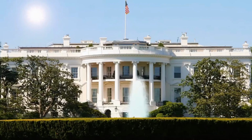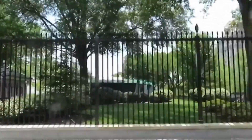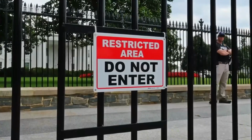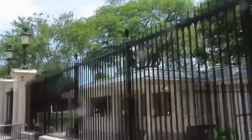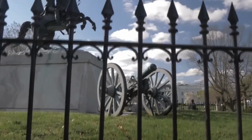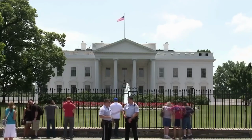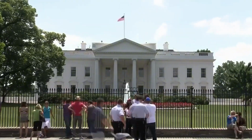And that starts with one of the most important physical barriers, the fence surrounding the White House. The impenetrable steel fence. A strong fence might not sound like the most high-tech security feature, but the barrier surrounding the White House is no ordinary fence. Over the years, it has evolved from a simple decorative structure into an imposing steel-reinforced barrier designed to keep intruders out at all costs. The current fence, completed in 2022, stands 11 feet tall and is made of reinforced steel